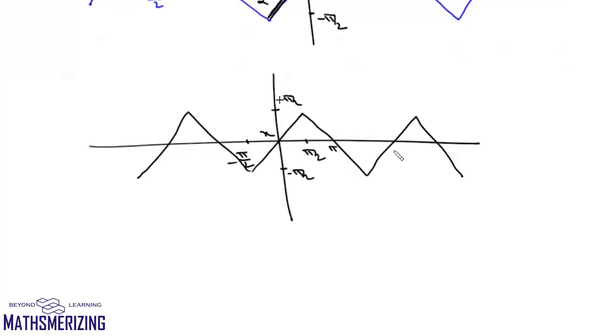Now this is pi, 2 pi, 3 pi, and this is minus pi, minus 2 pi. Now suppose we have to write some definition. Suppose I want to write the definition of this part. Now this is what? 135 degrees. So it'll be minus x, and then it'll intersect the y-axis above the origin. So it'll be minus x plus 3 pi.